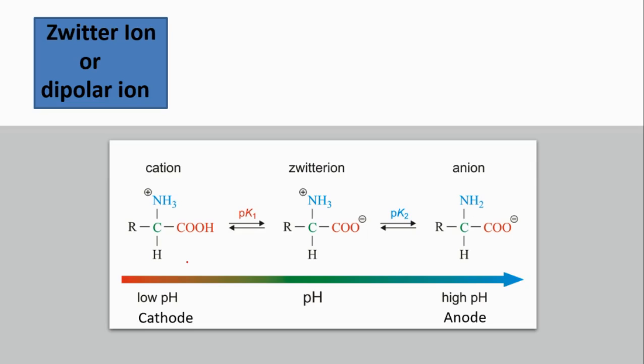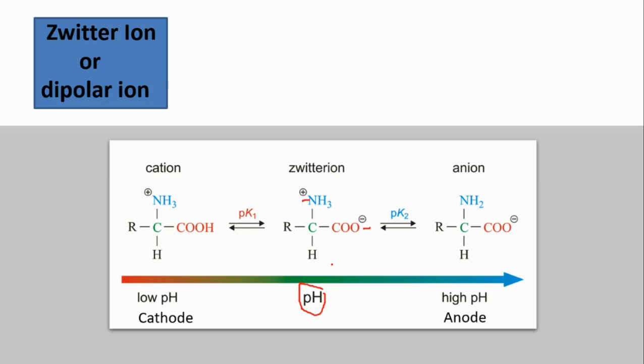Properties of amino acids are best explained by considering the Zwitter ion form rather than the uncharged form. This is the Zwitter ion form of an amino acid. As here, it contains both charges, positive as well as negative, so it is neutral in nature. When amino acids are in Zwitter ion form, they are neutral. But